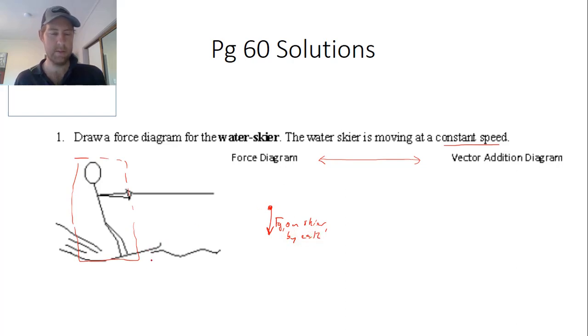He's not accelerating downwards, so there must be some opposing force from, looks like the water. Force normal on skier by water. You can see there's a force being applied by a rope. Let's make this really big. And a force applied by a rope is called a tension force on skier